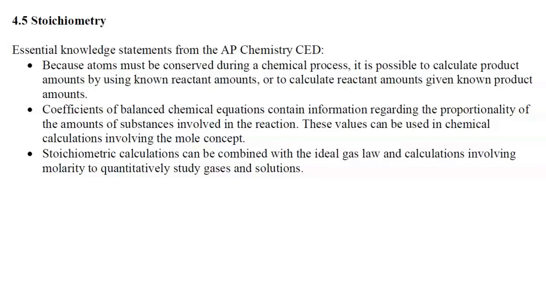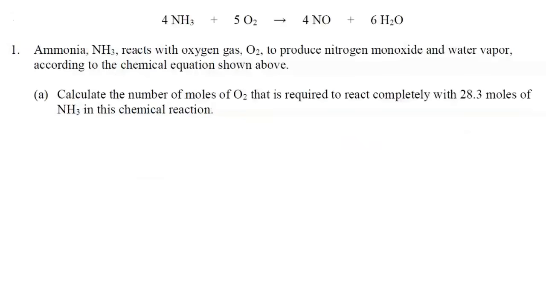Stoichiometric calculations can be combined with the ideal gas law and calculations involving molarity to quantitatively study gases and solutions. Question 1. Ammonia, NH3, reacts with oxygen gas, O2, to produce nitrogen monoxide and water vapor, according to the chemical equation shown above. Part A. Calculate the number of moles of O2 that is required to react completely with 28.3 moles of NH3 in this